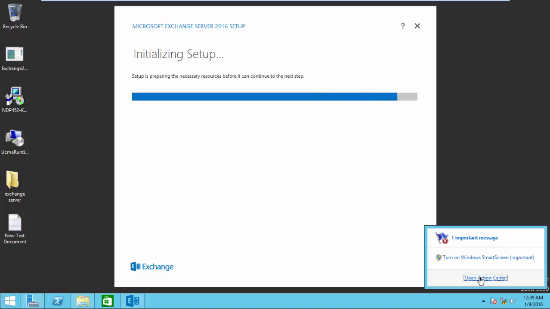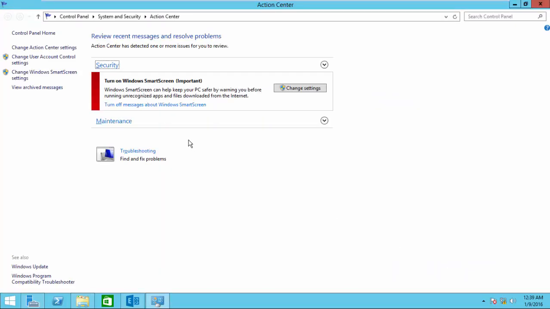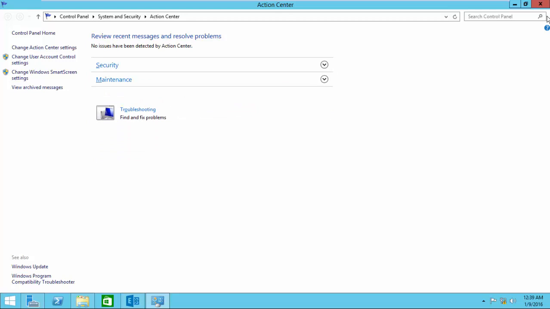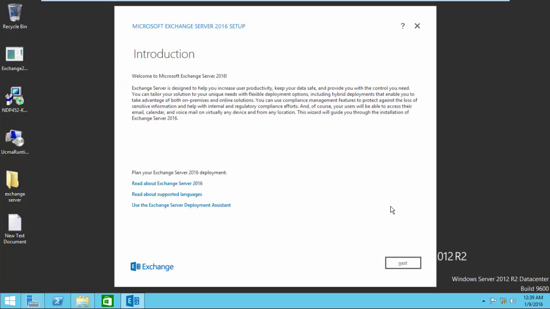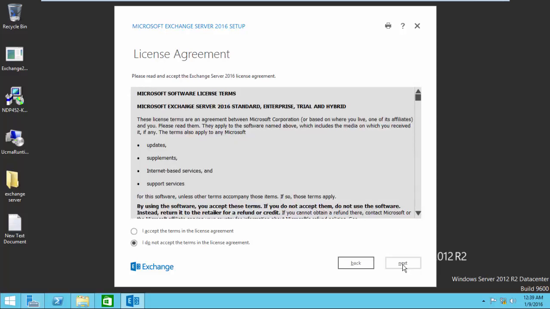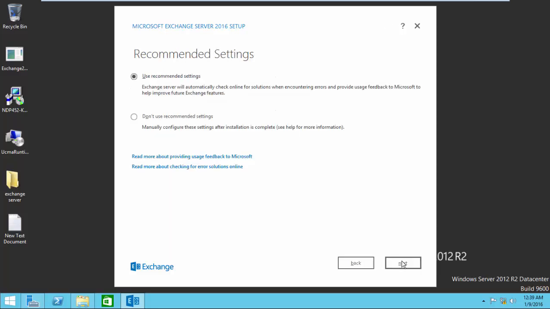And turn off the Windows SmartScreen option. So we get a prompt, click next. Click next. I accept the terms and conditions. Click next.